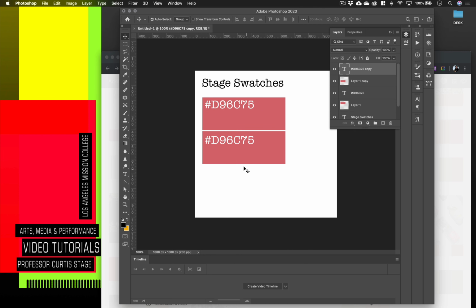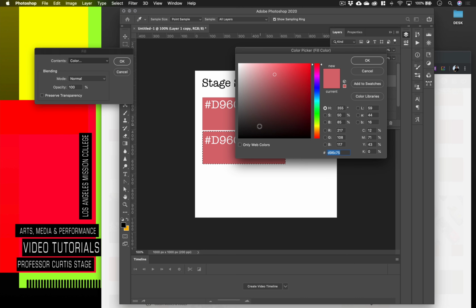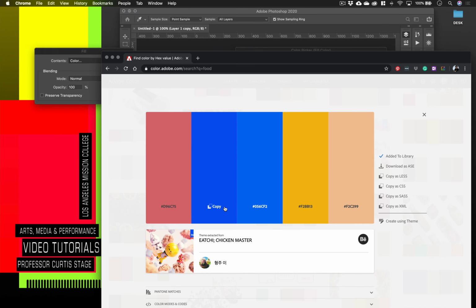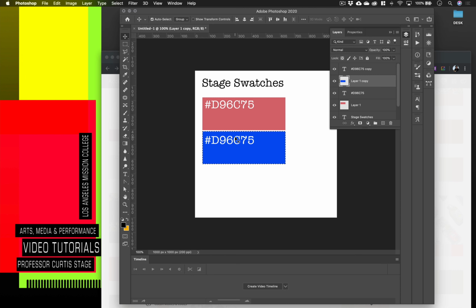So you might have 3, 4, 5 colors on your project. So now I want to change the color of this. So I'm going to Command or Control click right on my layer. It's going to select this. See how it's selecting? Now I can go to Edit, Fill, and go back to Color. I can't just click OK. I got to go to Color. So the color picker comes up. I'll go back here, copy one of my colors. I'm going to copy this blue, back to Photoshop, highlight this hexadecimal area, Command or Control V, and click OK, and click OK. Now I want to change the text, and same thing, Command or Control V, paste, and